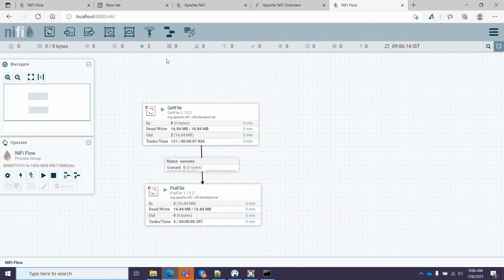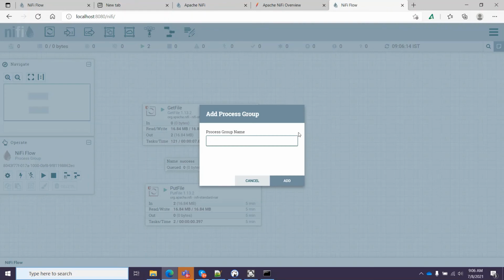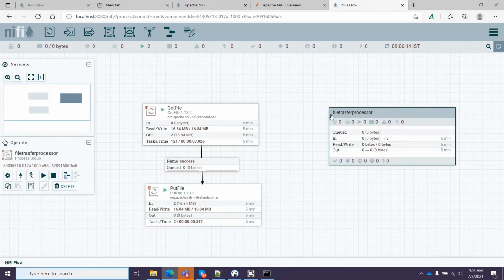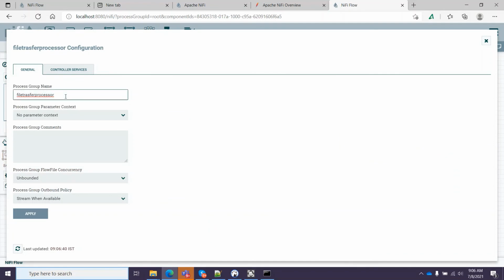Now I have these processors which exist here. Let's create a processor group and name it file transfer processor group.